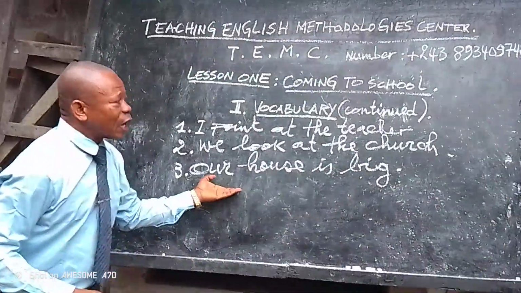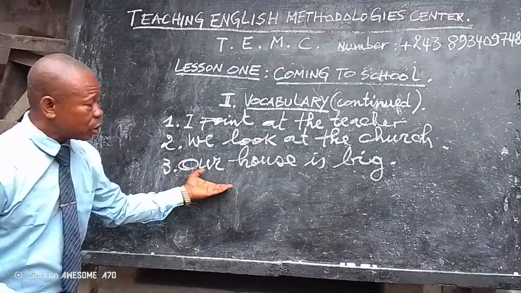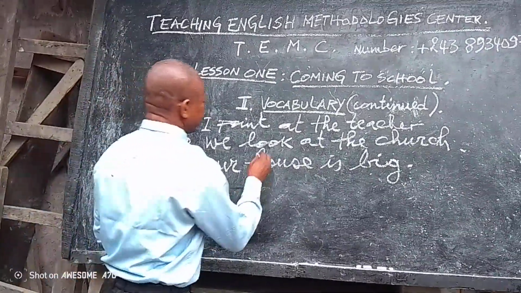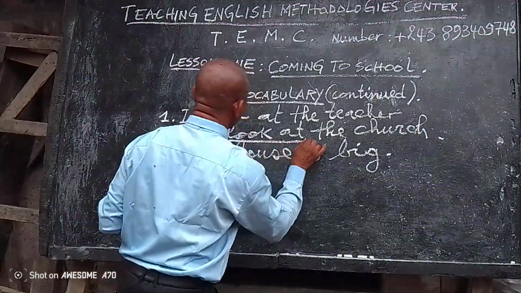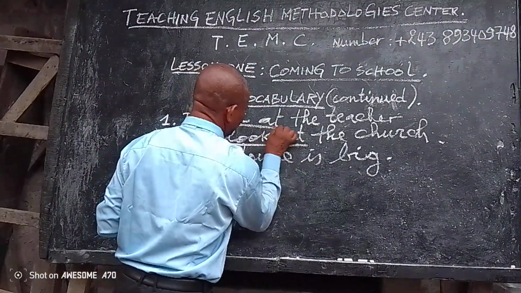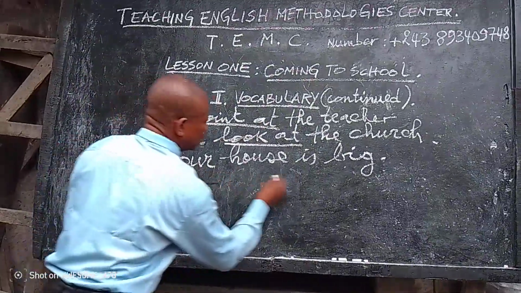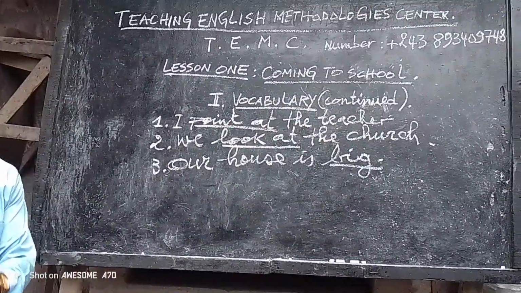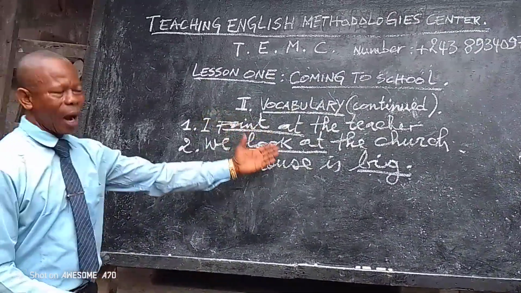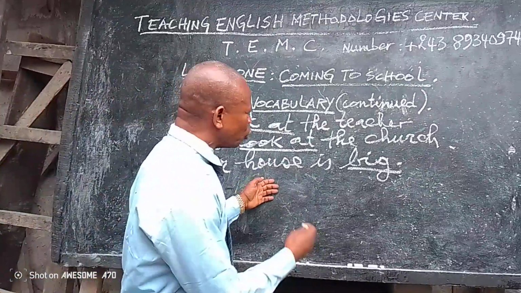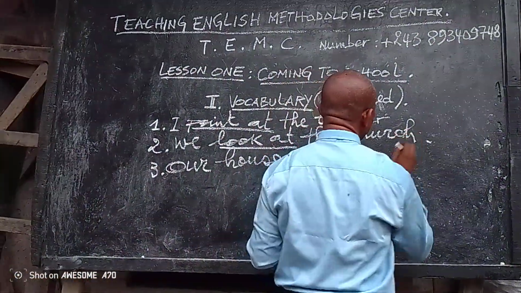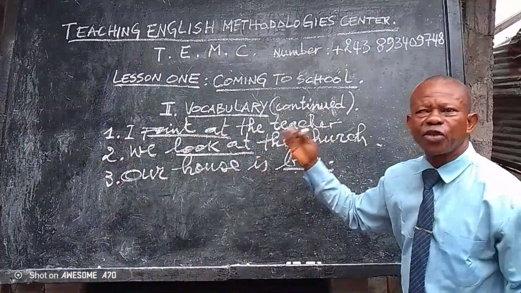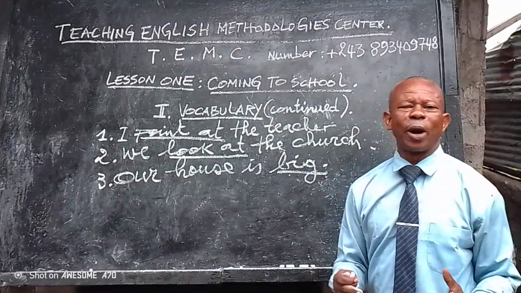Now, after writing the words taught, you are going to underline them so that it proves that those are words that you have taught. You ask now pupils to take their exercise books and write. You may also ask them to make, as reinforcement, some questions with those words taught. This is the way that you can teach